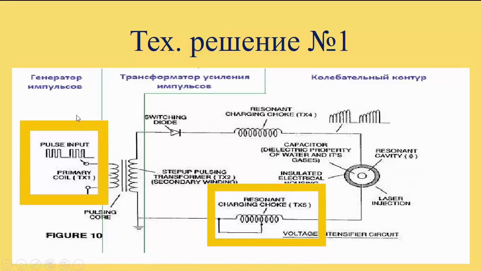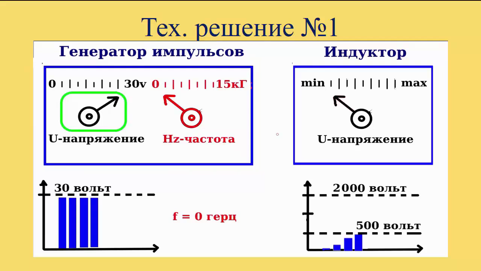The first picture we see here. What we see here are two control centers, yellow squares I've circled. It means an inductor that controls the voltage on the capacitor plates. That is the voltage in the cell itself. There is also a control center that regulates the frequency for resonance and regulates the supply voltage. It looks something like this, a pulse generator, which has two regulators. The voltage regulator and frequency regulator and the inductor on which the voltage on the Meyer cell covers is controlled,